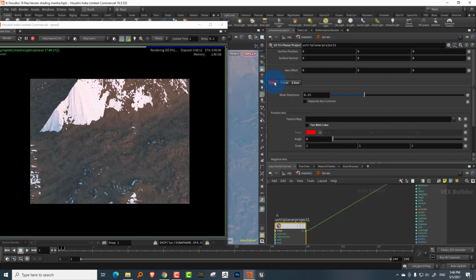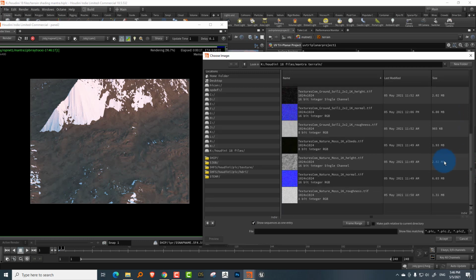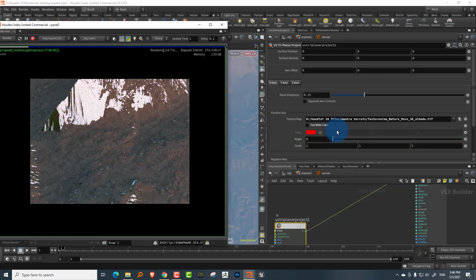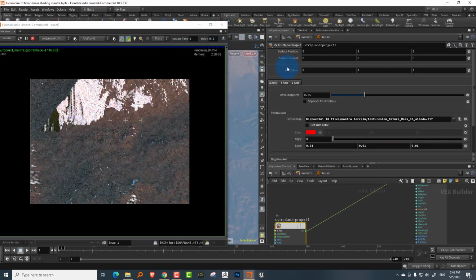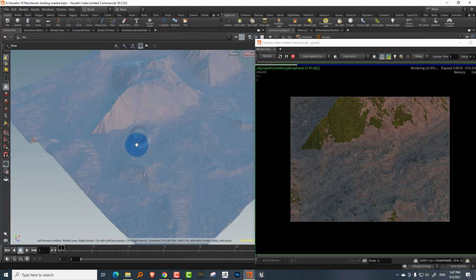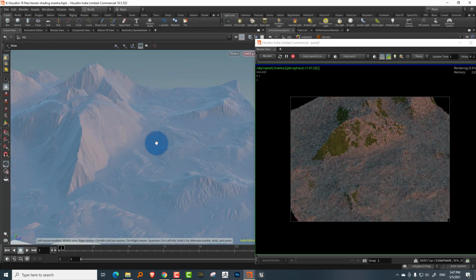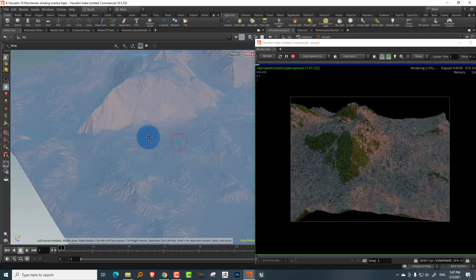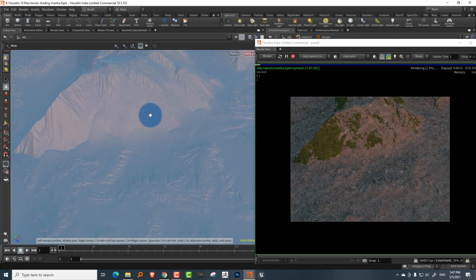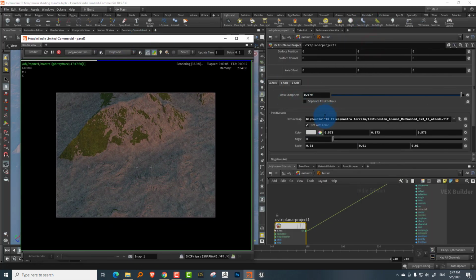Then let's say in the x-axis I can pick up the moss texture that I have. So I'm going to take the moss texture, and again I'll make it, how much was it? 0.01, right? So let's make it 0.01, and the same thing in the z-axis. So if you just want to generate a texture based on slope, this is not a bad way to do it. Now the problem with this particular surface is that it's too flat, so the slope values are too high. But you can use a triplanar map like this.